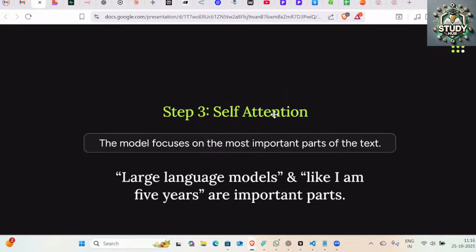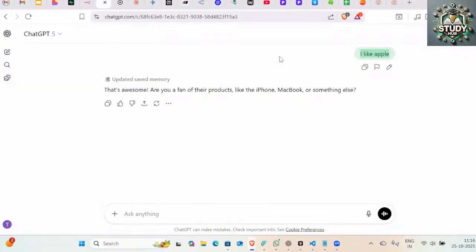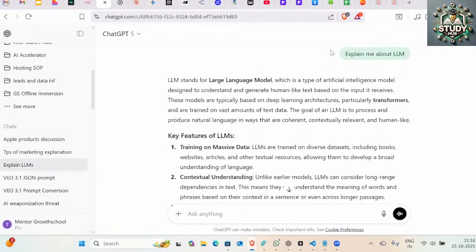What do you mean by self attention? Though it's a mathematical concept, I will not go into any maths, since we are learning from first principles. So I asked this question: explain to me about LLM. It gave me a technical definition.